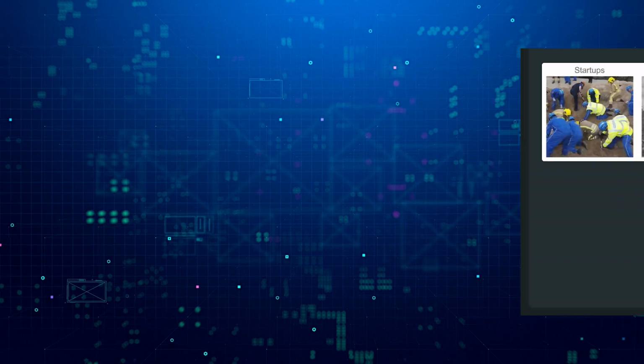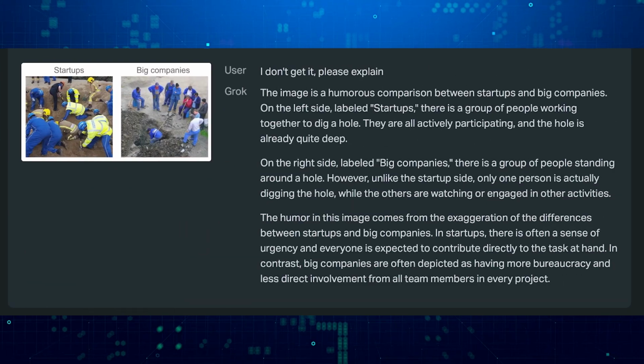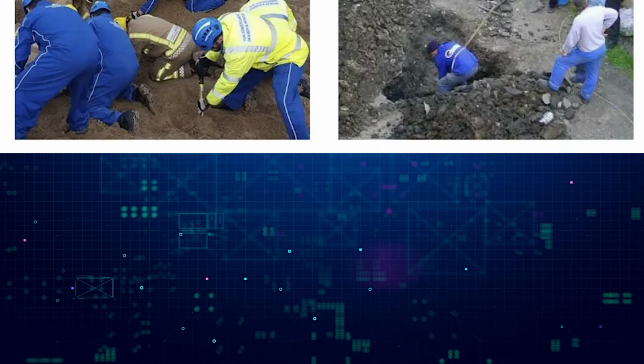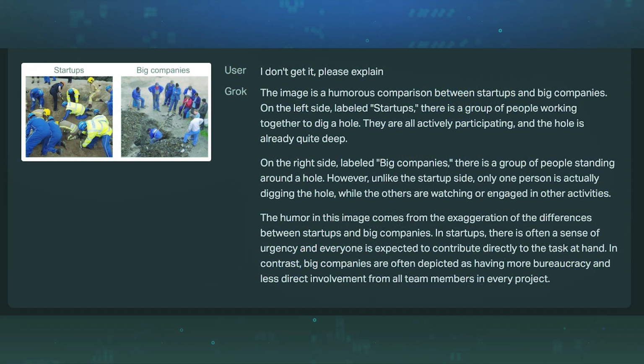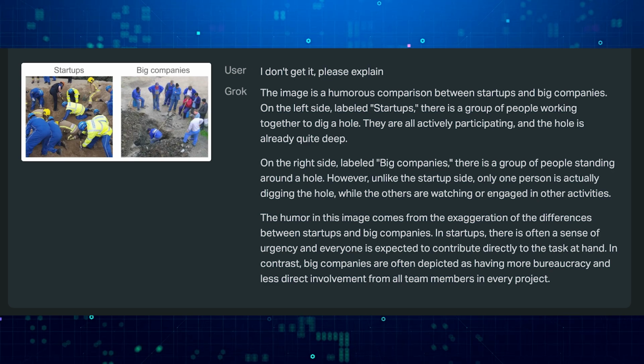Explain this meme. The image is a humorous comparison between startups and big companies. On the left side, labeled startups, there is a group of people working together to dig a hole. They are all actively participating, and the hole is already quite deep. On the right side, labeled big companies, there is a group of people standing around a hole. However, unlike the startup side, only one person is actually digging the hole, while the others are watching or engaged